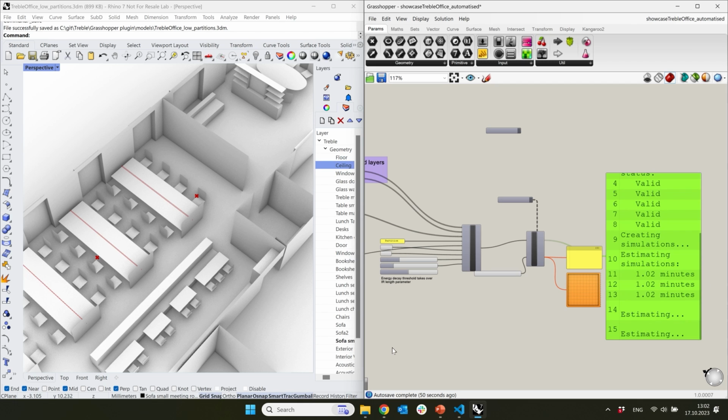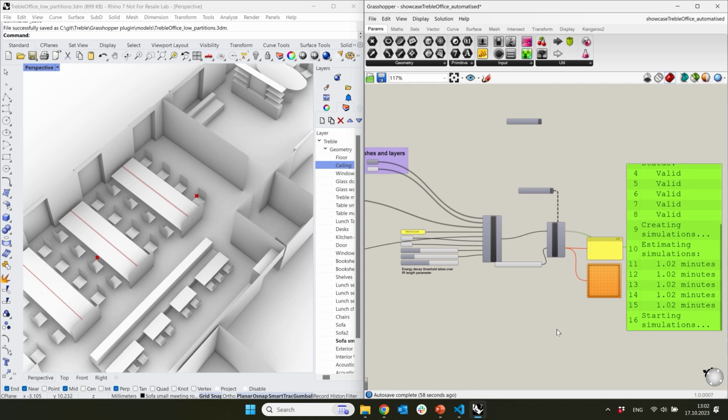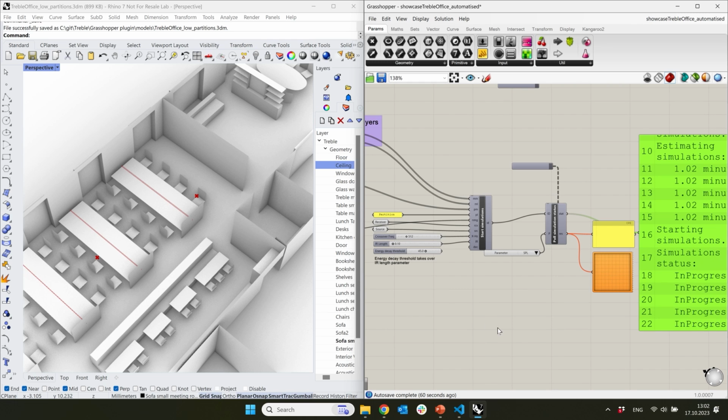Simulations have been set up, and it's estimating that it takes around a minute to run these different simulations. They're now starting, and yeah, we will have to wait around a minute or so. While we wait, I'm going to start looking into some of these benchmark examples that I'm going to show here